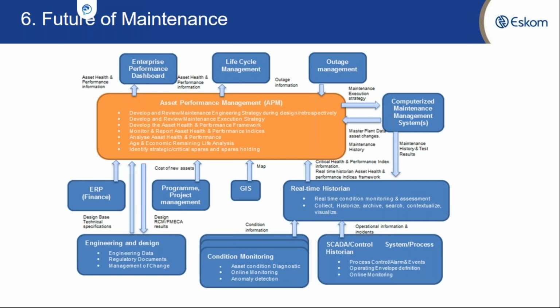In the middle of this block, we can see all the activities that go into an asset performance management tool, such as the maintenance strategy. There we can see there is an element of space. Then the blue blocks on the outside, those are all the other systems that we currently have within the business. And the APM tool is going to be speaking to all of these systems.